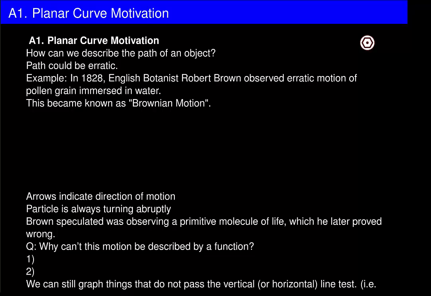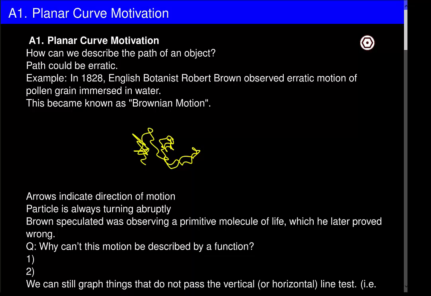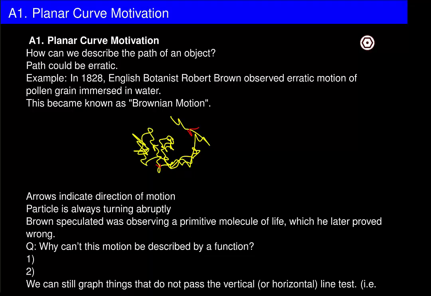This grain was continually being bombarded by little microwaves. And the path looked something like this. It started at some point, and it was always turning, always abruptly changing. I cannot possibly draw it rough enough. And of course, as time went on, it was moving in a particular direction. Maybe I can highlight this with a little different color. And so it is moving with some direction, and it's going through this very, very erratic path.